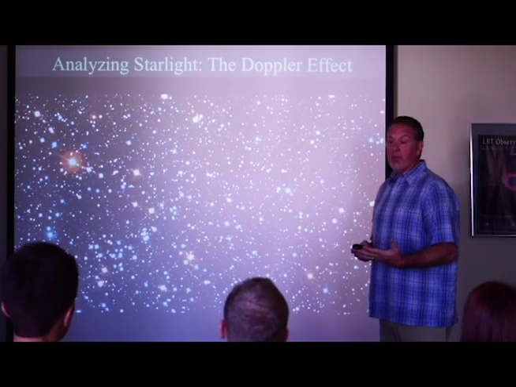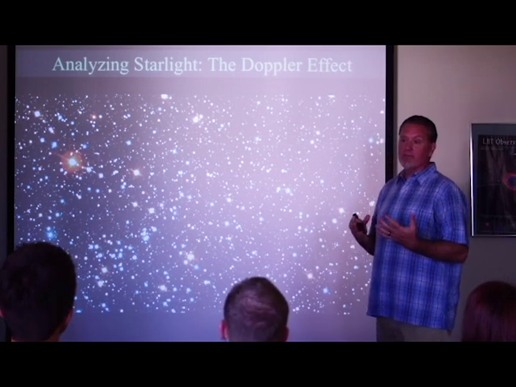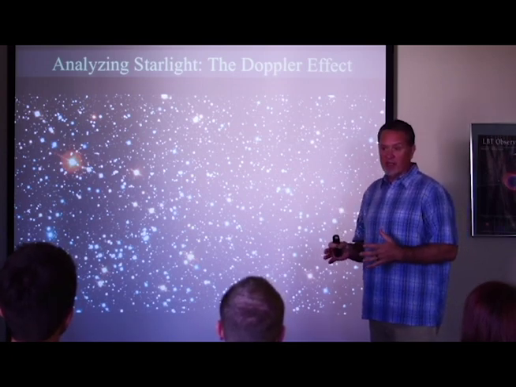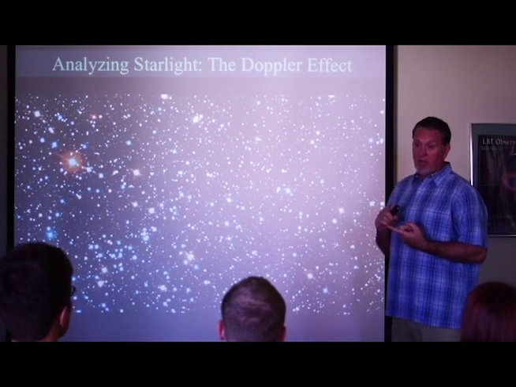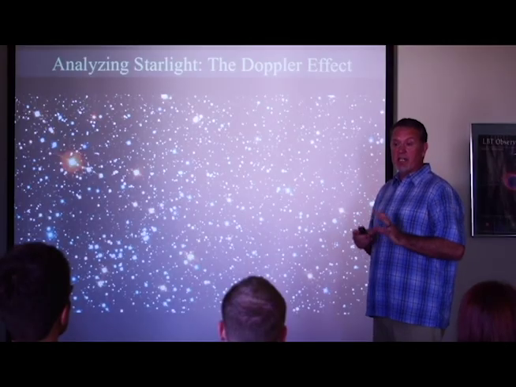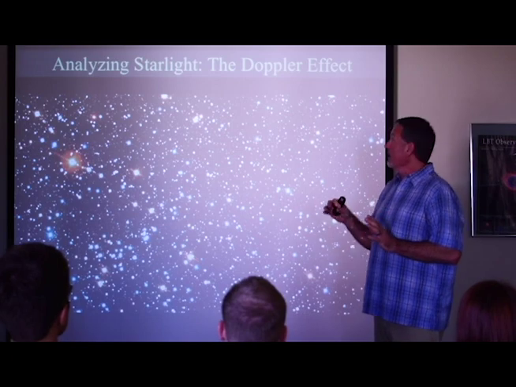All right, so for the last couple lectures, we've been learning about how we can learn information about stars by analyzing their starlight. And we've talked about looking at their chemical composition, their color, by analyzing different kinds of spectra. I want to move to another thing that we could uncover about stars, and that's how they move. And to do that, I need to teach you a new way that we analyze starlight, and that's the Doppler